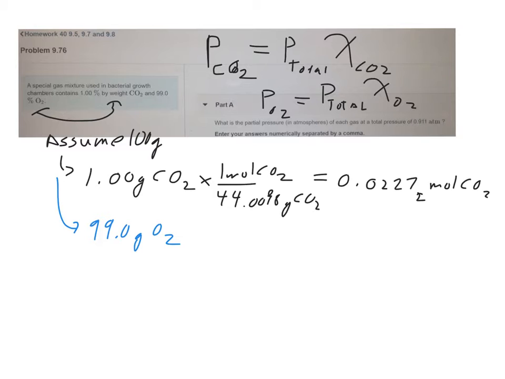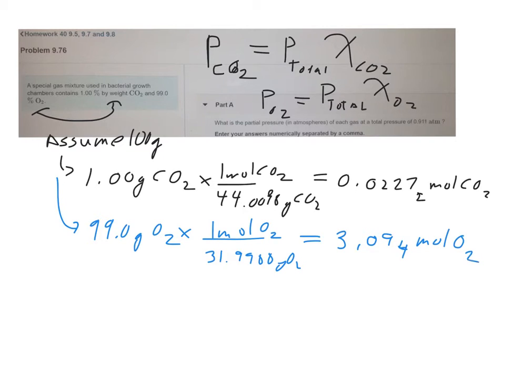Do the same thing for my moles of oxygen. 1 mole of oxygen is 15.9994 times 2, which is 31.9988 grams of oxygen. 99 divided by 31.9988 gives me 3.094 moles of oxygen. So in this mixture, my mole fraction of carbon dioxide would be